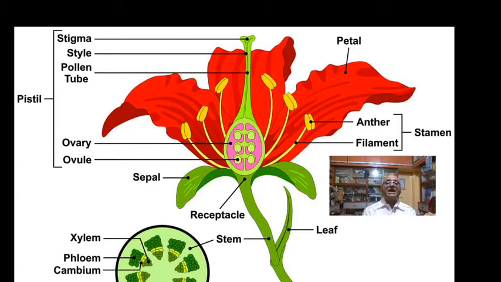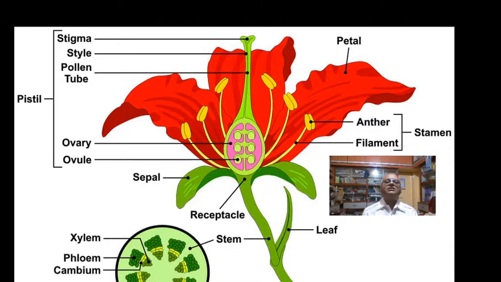That is called bracts. These are the outgrowths. If bracts are present, it is called bractate, and small outgrowths are called bracteoles, so it is called bracteolate. So petiolate, then bracteolate, and next to that the thalamus, on which these four whorls are